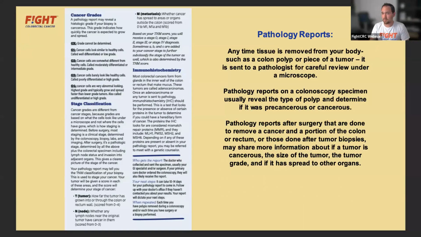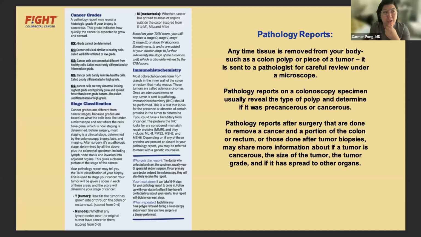Can patients trust their own reports and look over them? Absolutely, I absolutely would. Especially if you're moving around from hospital to hospital or from town to town, I would keep a copy of all the pathology reports, because that plus the op report, the actual procedure, is probably one of the most important things you can carry with you so that any other physicians know exactly what was done.